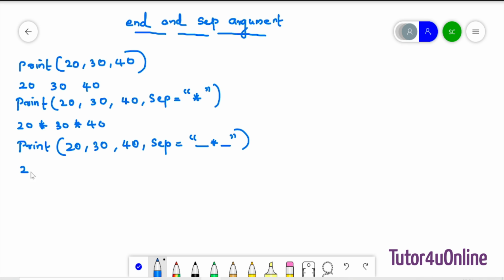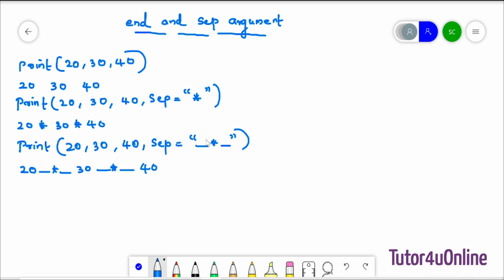So the answer will be 20 underscore star underscore 30 underscore star underscore 40. So the separator here is this. Which means you can use the sep argument for separating the arguments or separating the values.